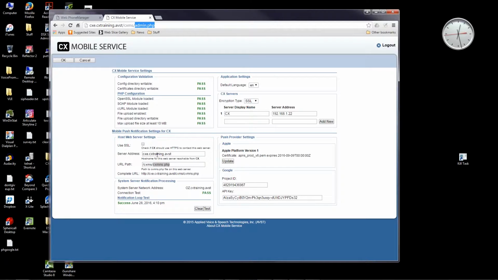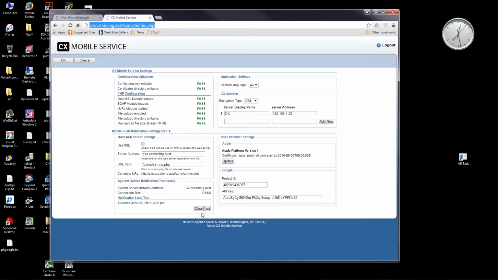That means it's going to work. What'll happen is as soon as you open up this application, the website's going to run through and do some tests. And the first thing it does is, can I do configuration? Can I do certificates? Do I have the modules loaded that I expected to have loaded? File upload and file upload directory writable, that's part of the PHP installation. It's going to see that you did that properly